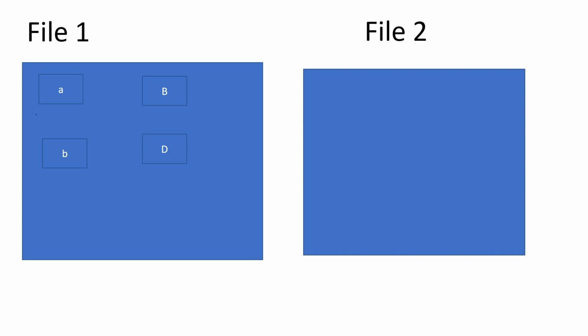Firstly, this one is according to our condition, so we will copy it, or write it, into the file 2. Then we will check the second data, it is not according to our condition. Again the third one is small data which we want to copy, so again you have to write it into the file 2. Capital D is not according to our condition. After copying the data, we will close both the files, the file 1 and the file 2.